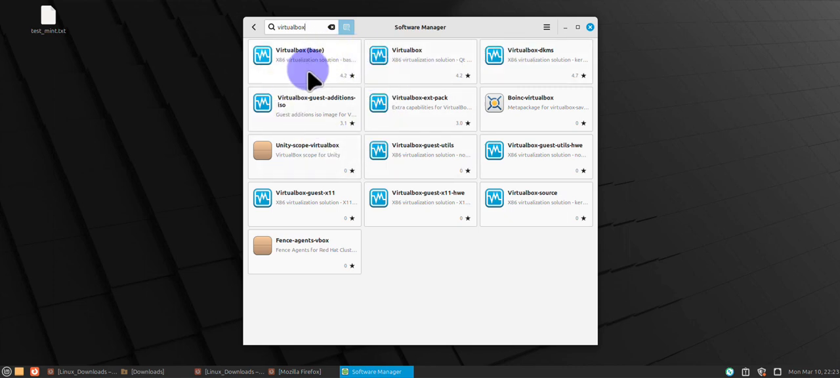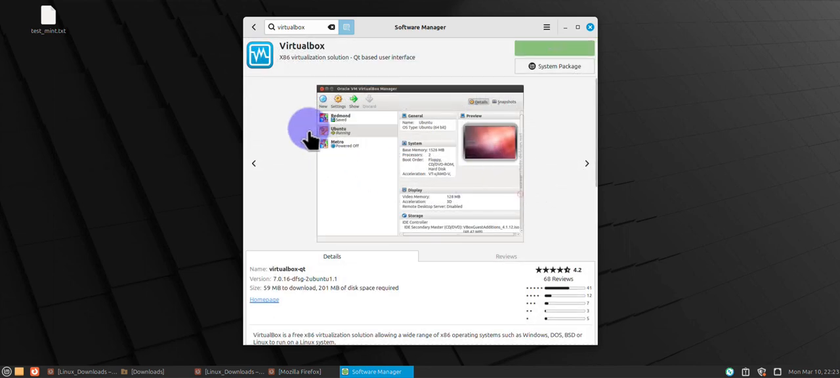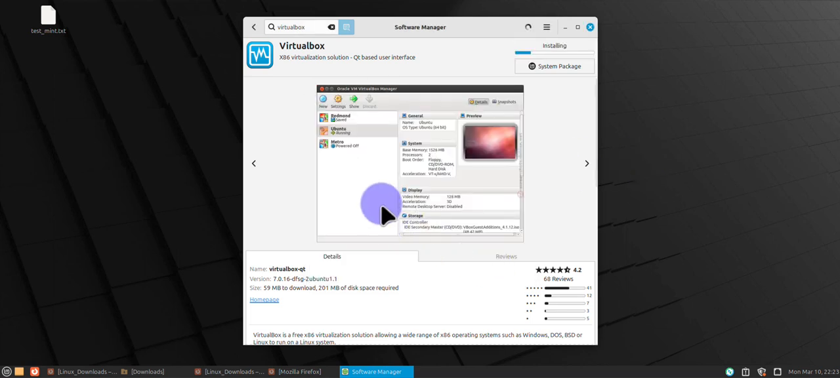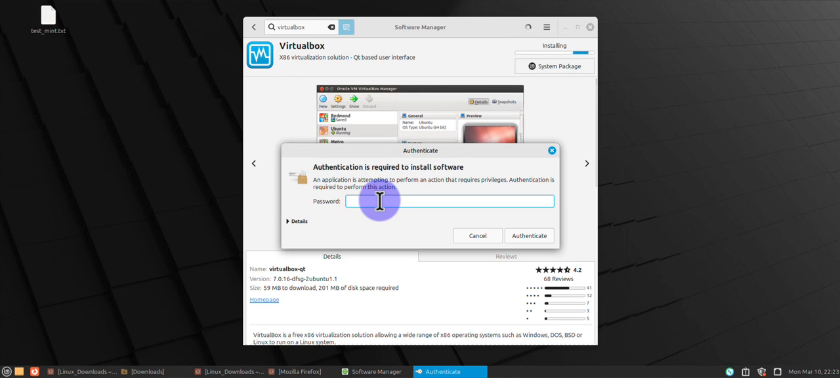And you have different options here. What we want is the virtualization solution, so this one. If you click it, this is the VirtualBox we want, and it's showing the version, it's 7.0.16. So we just click on install here, and it's going to be install, continue, put in our password,